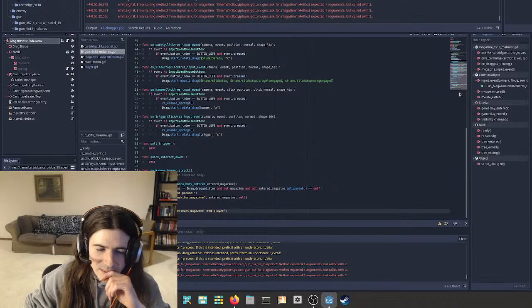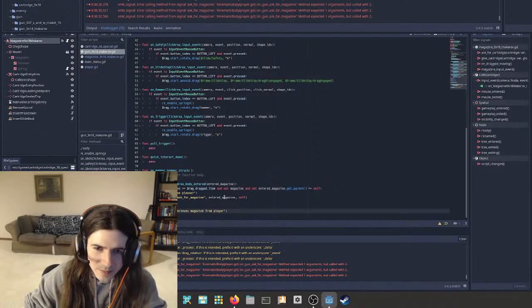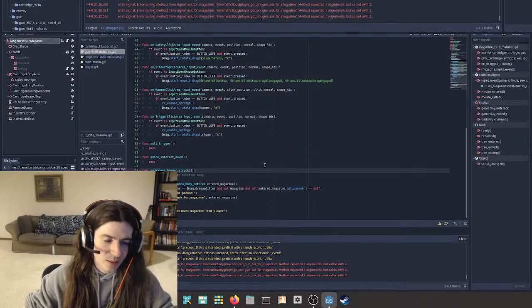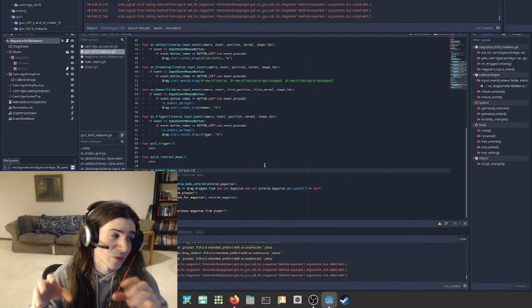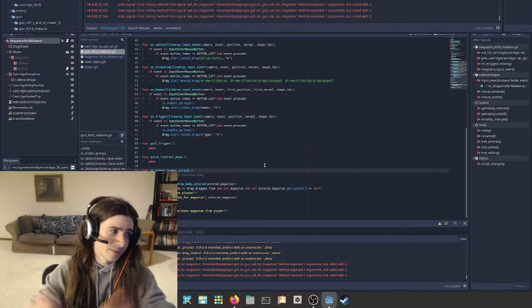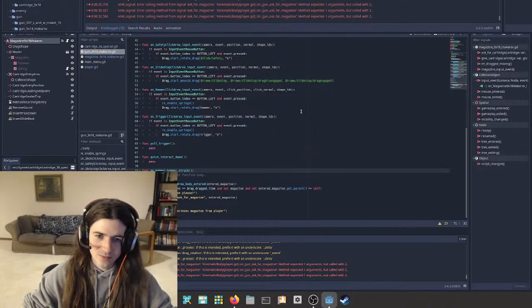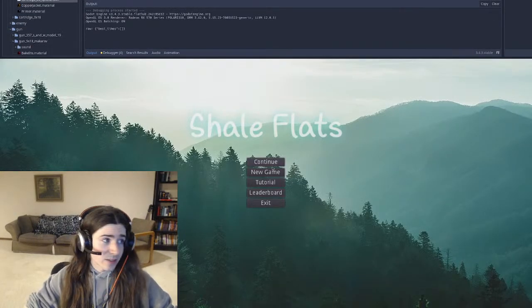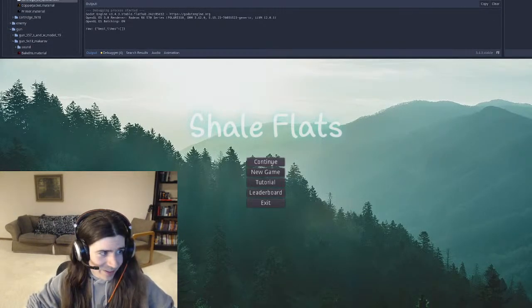Ask for magazine, and then it says magazine. Right. Like that. Because at this point, you're never going to have more than 1 gun in your HUD, so we don't have to overcomplicate that. So that all looks good.